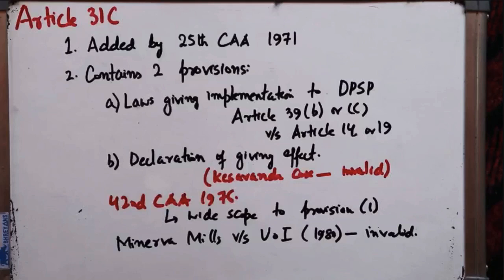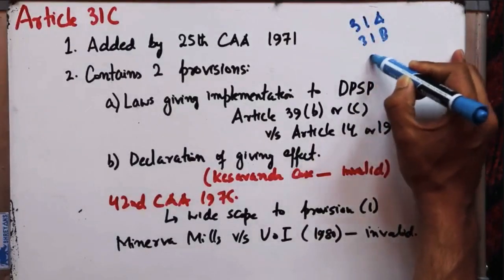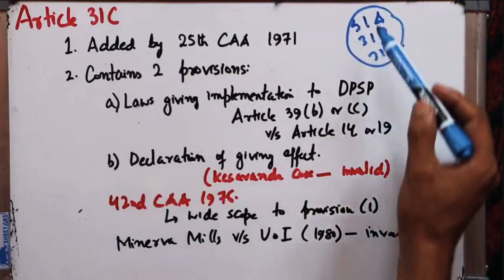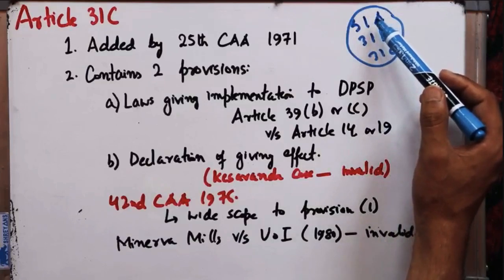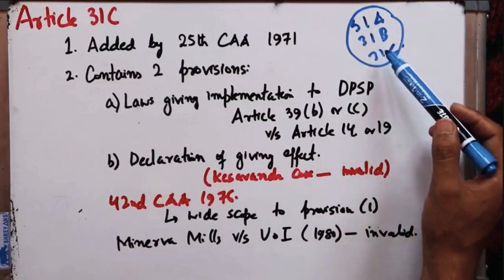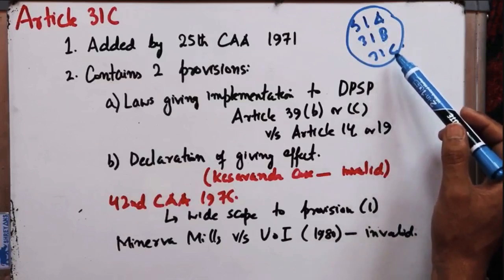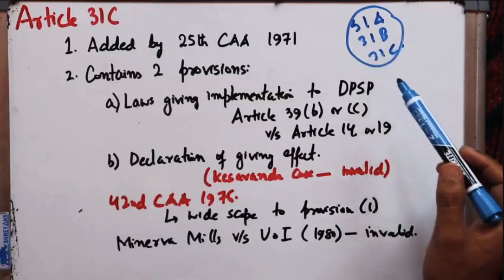So now we'll deal with Article 31C, and Article 31C is the final exception to fundamental rights. As I already told you, Article 31A, Article 31B and Article 31C are the exceptions to the fundamental rights. Article 31A saves certain laws from 5 categories of laws, like the acquisition of estates, the modification of the rights of directors, the management of the properties by the state, the modification of the leasing rights, etc. And then I told you about Article 31B having the 9th schedule in the Constitution of India